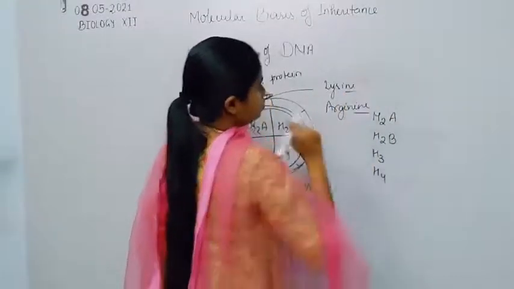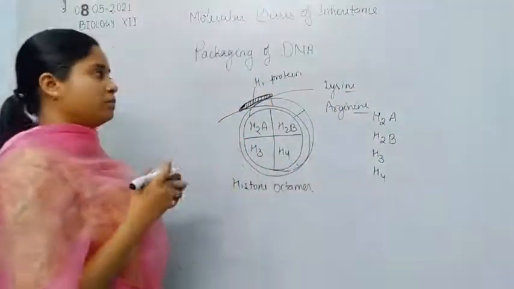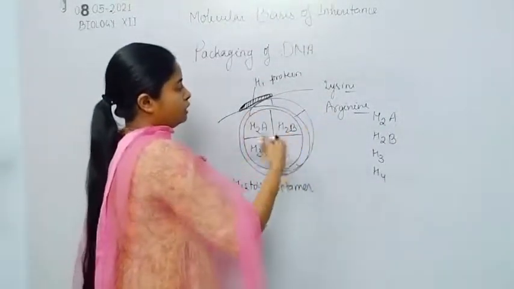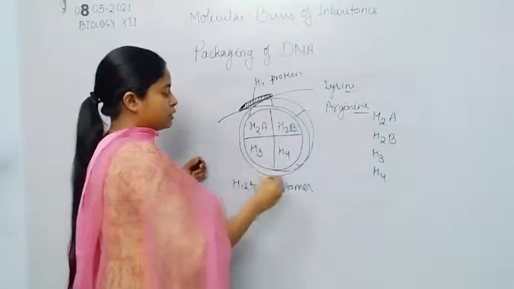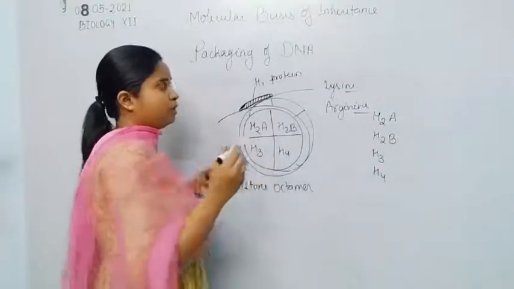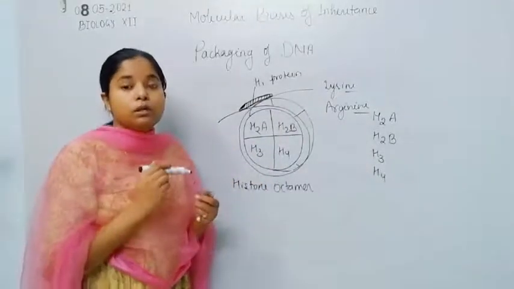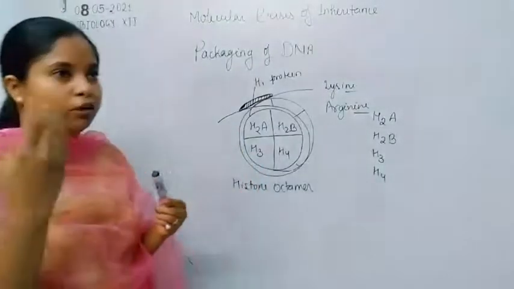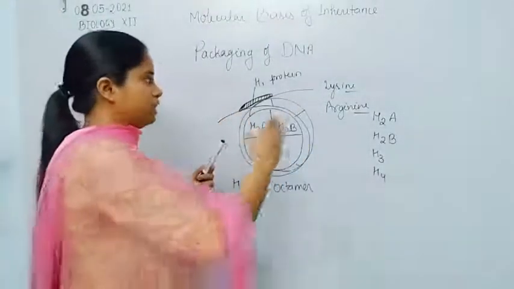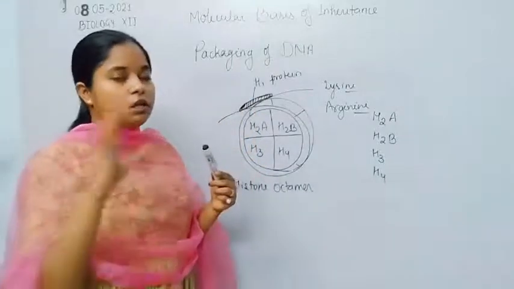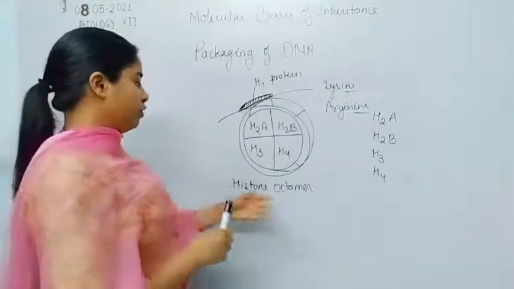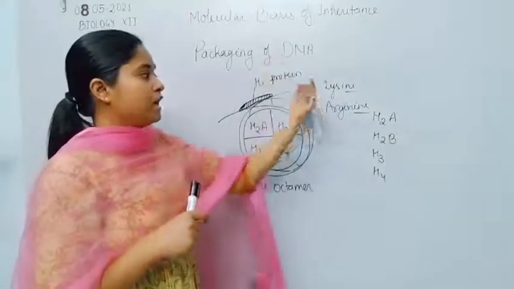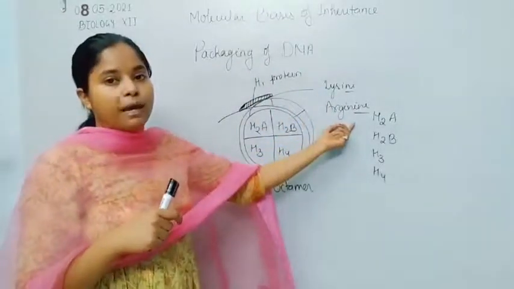So here are two amino acids which make part of the polypeptide chain present in the histone protein. We already know the polypeptide chain forms the protein, and the polynucleotide chain is separate; they form the DNA molecule. The polypeptide chain forming the histone protein actually has mainly lysine and arginine amino acids.